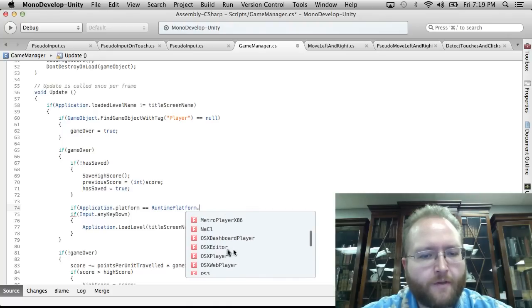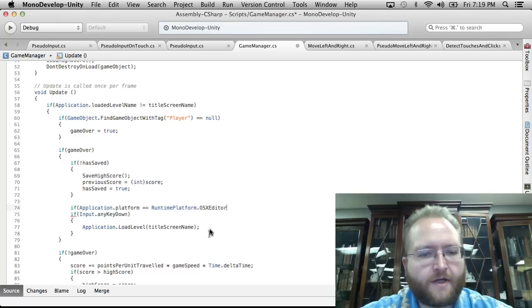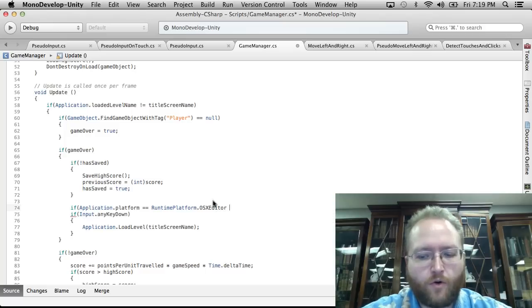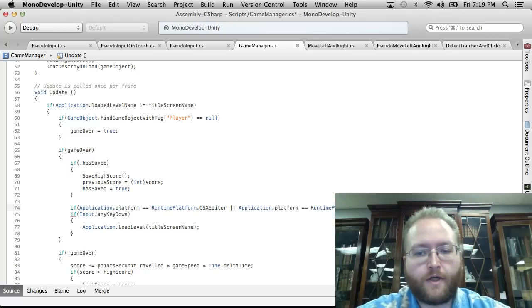So we want OSXEditor. If Application.platform equals RuntimePlatform.OSXEditor, or I'm going to paste this thing in again, .WindowsEditor,